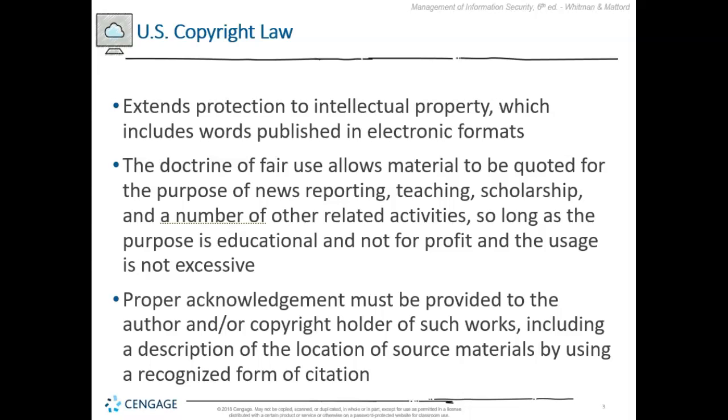But I might copy a page, or I might cite information out of a page or a chapter, not a full chapter, of course, but information gleaned from a chapter that could be used in the educational process. So, proper acknowledgement must be provided. You have to cite the author and the work, as that author's effort has been really put together to be able to generate that work, and copyright protects that.